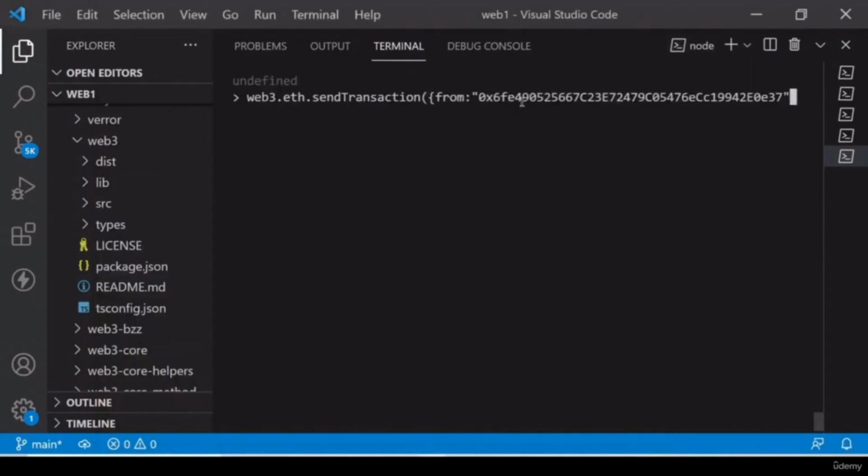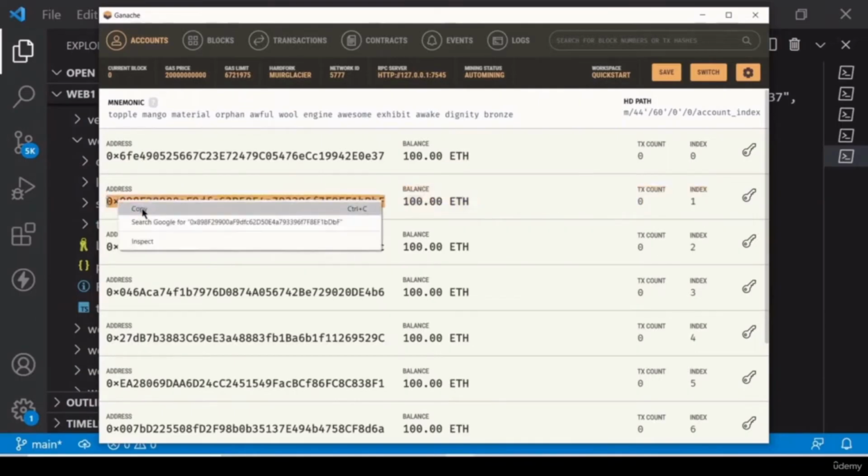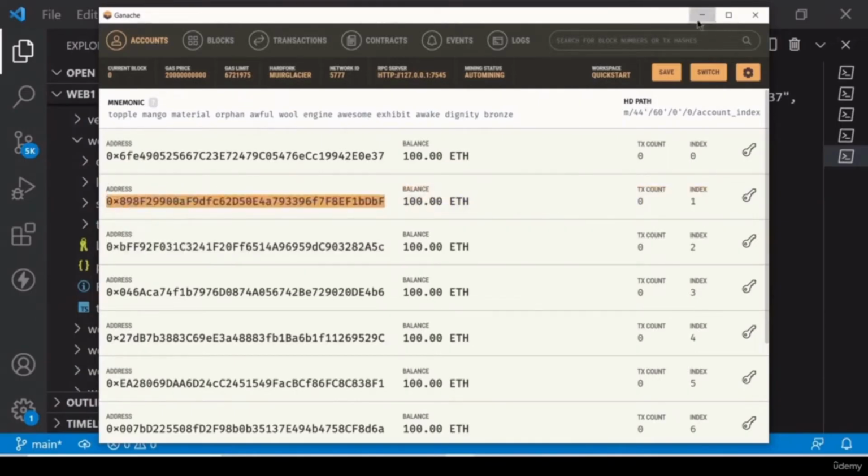And after this, we will write to. This will be the address where we want to send it. Again, we will go back and we'll copy the address to which we want to send it. Let's say this is the address. You can see both of these addresses have 100 ether each, and now we are going to transfer from the first account to this account. We will paste the address here,